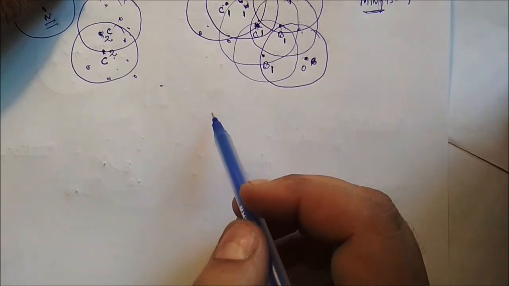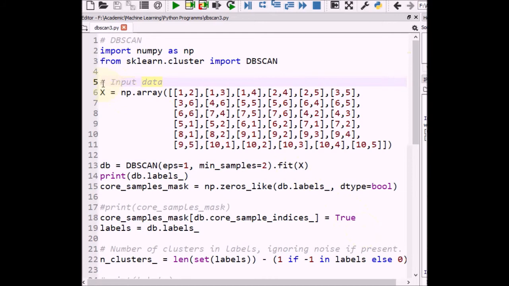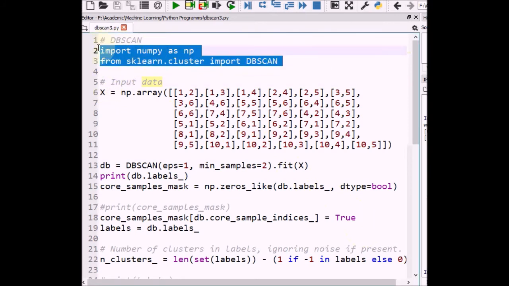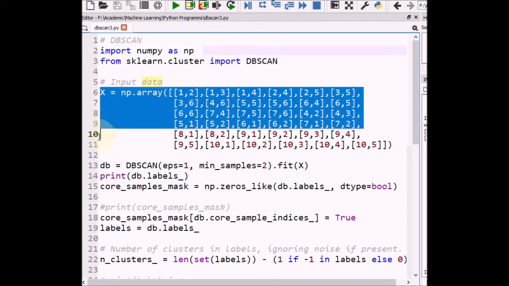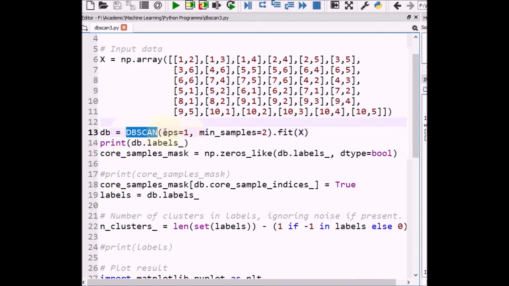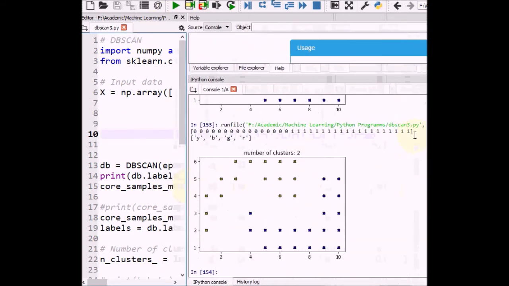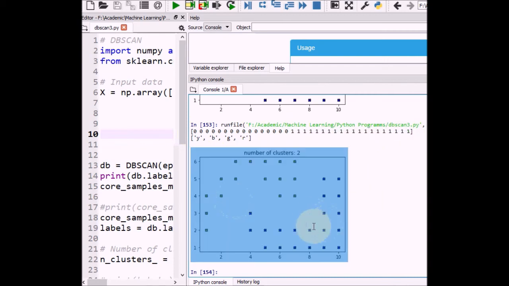Okay, next we will see the Python implementation of the DBSCAN algorithm. This is the Python implementation of the DBSCAN algorithm. Here we have to import these two packages. Now this is our input data, and we have to call the function DBSCAN with the EPS and the min pts, and we can print the cluster numbers. Now if you execute it, you can see these are the cluster numbers. The first few are the data from cluster 0, and these are the data for cluster number 1, and this is the display of the clusters.